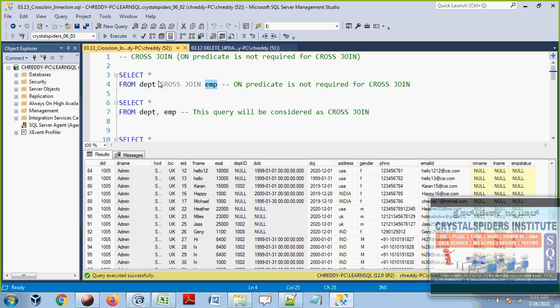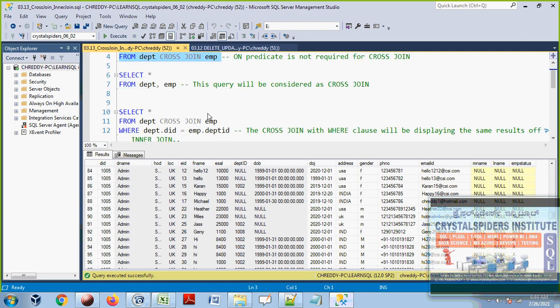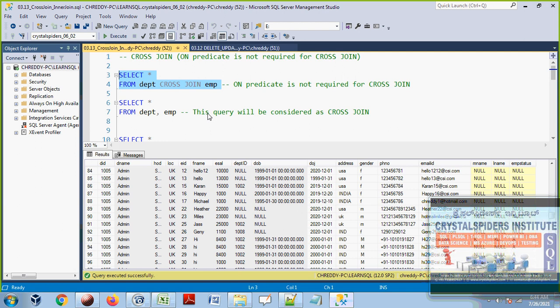That is what cross join. So the result from this cross join, we are going to call it a Cartesian product. The result from this SQL query, we can call it a Cartesian product. So either we can write the cross join like this, or else we can simply write the table name, that is the outer table, comma, EMP table. See, two tables we mentioned, just separated with a comma, that's it.